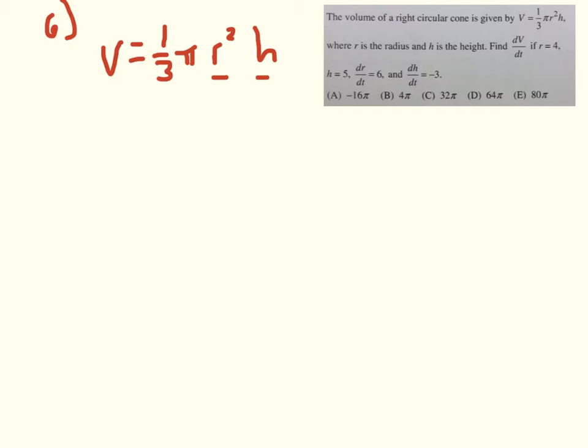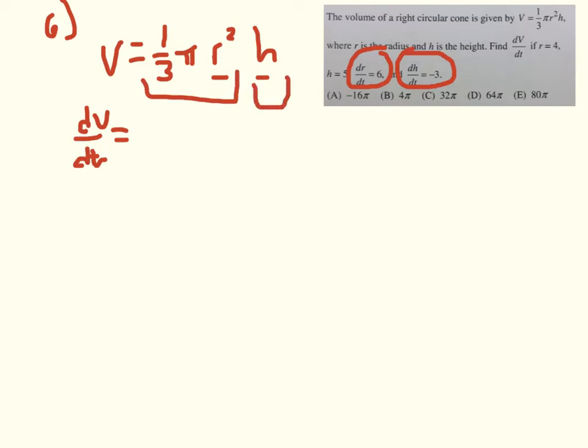Now, you need to find dV, so that's obviously you just need to find the derivative. However, we normally don't like two letters, but in this problem, two letters are okay. Why? Because you have both rates right there. So all I'm going to do is do the product rule, this being the first, this being the second, and